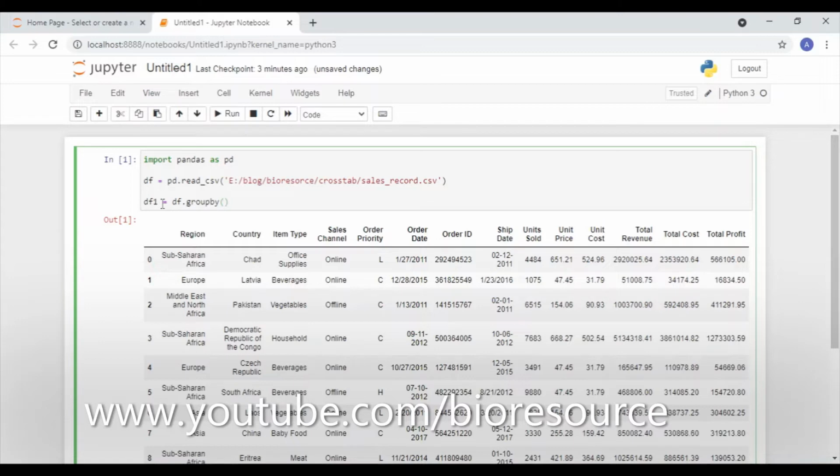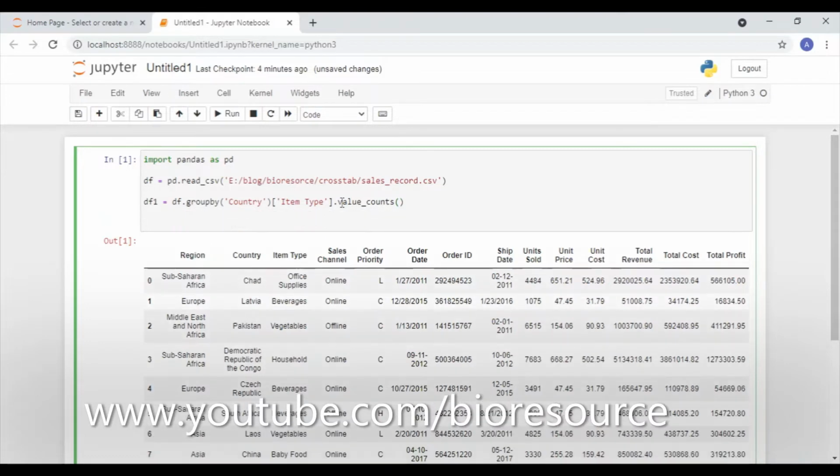So we want to group by country and item type. And we want the count. So give value underscore counts. Now let's run this.